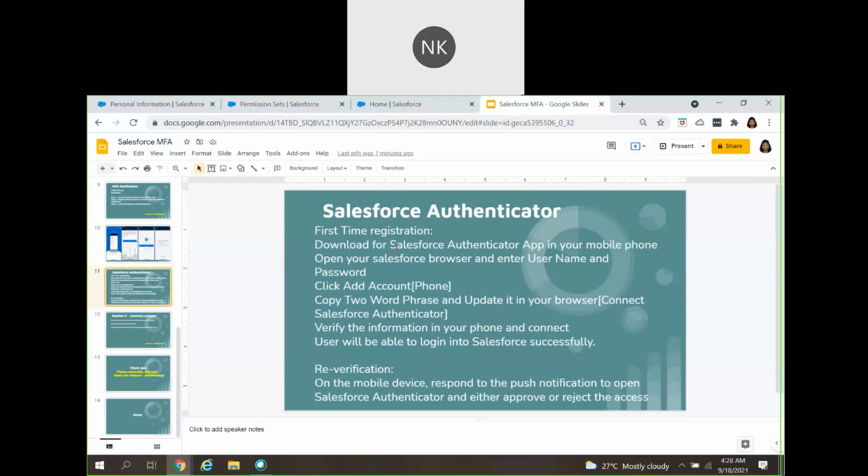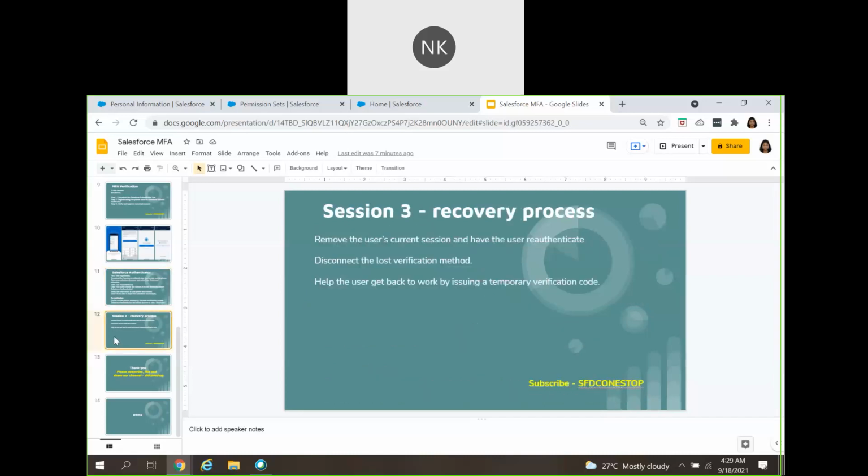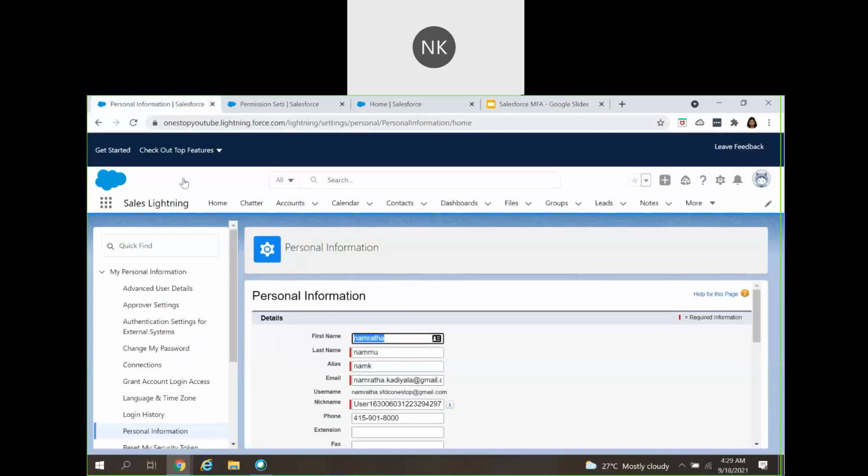So that is what you do if they forgot or lost their mobile application, or forgot to bring that specific phone on that specific day. You can check with the user what they require. Do they require re-authentication, or do they just need the temporary verification code? According to the user's inputs, we can provide the required recovery process to them. We can follow any of the recovery processes. Now let's go back to the same user.